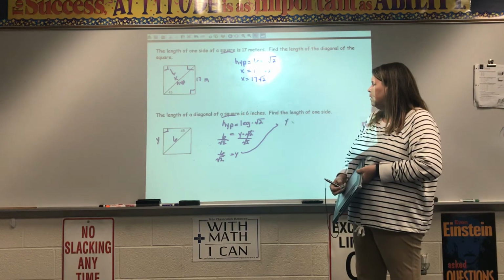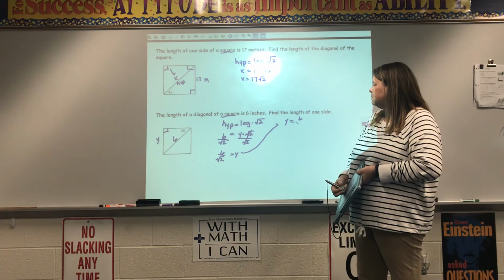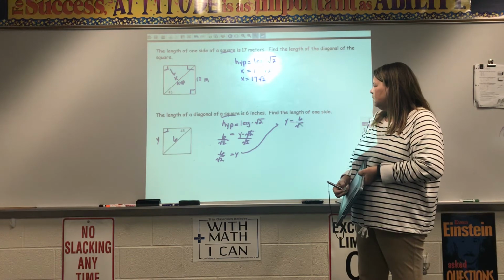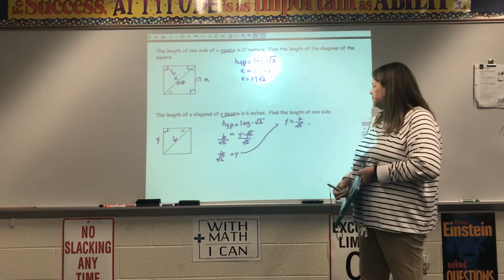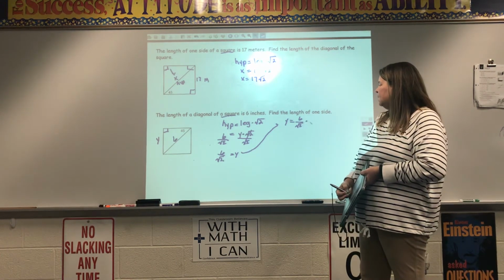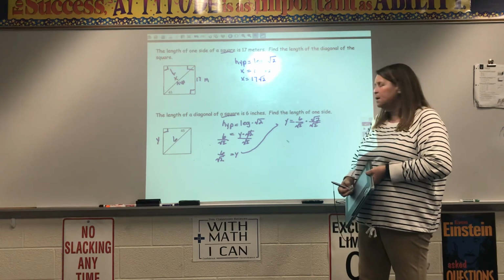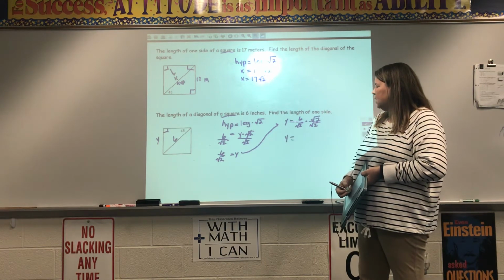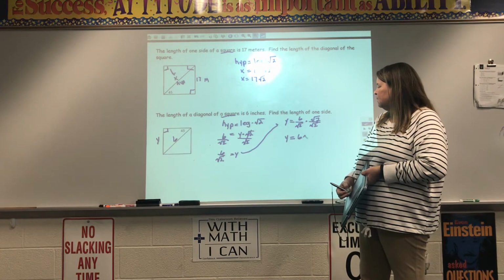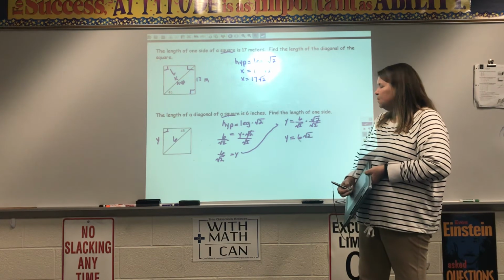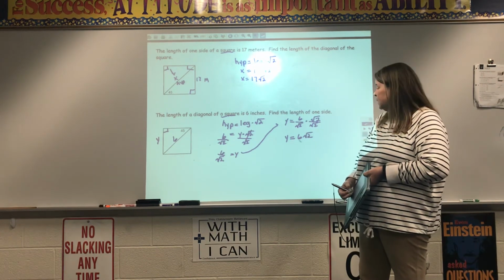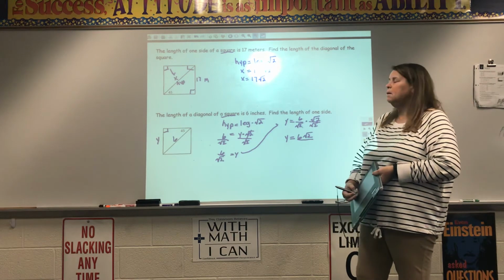I'm going to put y on the left and 6 radical 2 on the bottom. So, multiply by a radical 2 radical 2. So this is y equals 6 times radical 2, divided by, all right, square root